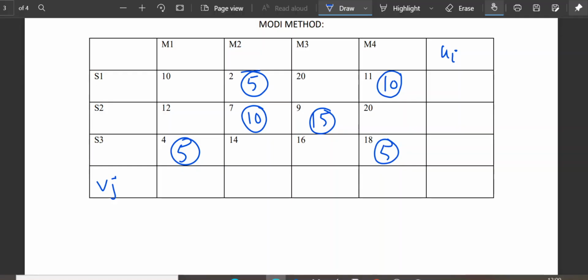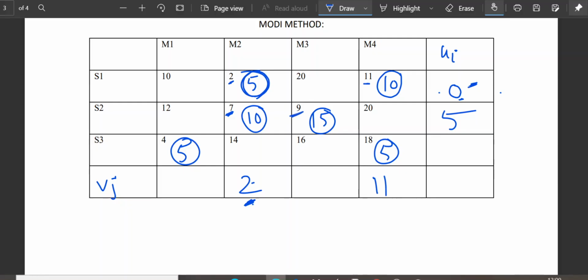Wherever you want to take 0, take 0. Then calculate the corresponding vj. 11 minus 0 is 11. Come to this basic cell. Here Cij is 2, corresponding ui is 0, so 2 minus 0 is 2. Now come to this Cij, 7. 7, corresponding vj is 2, so 7 minus 2 is 5, so I write down the corresponding ui.